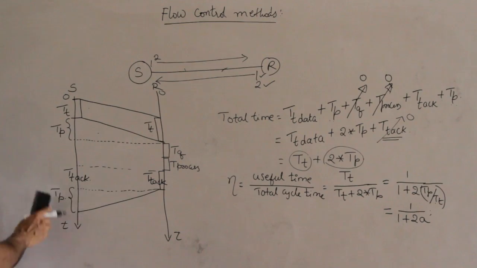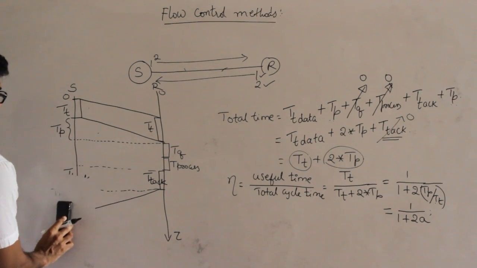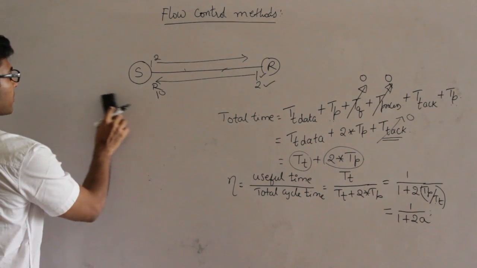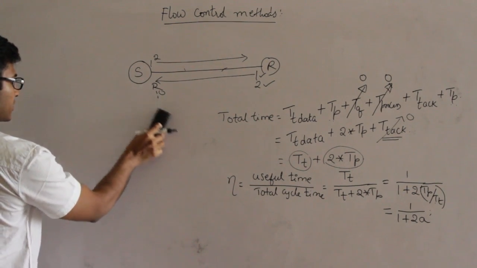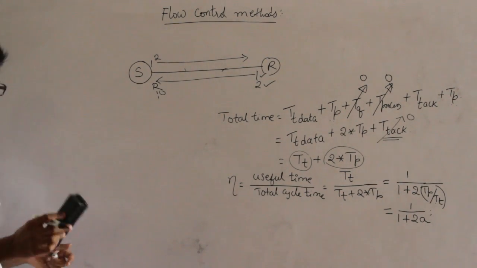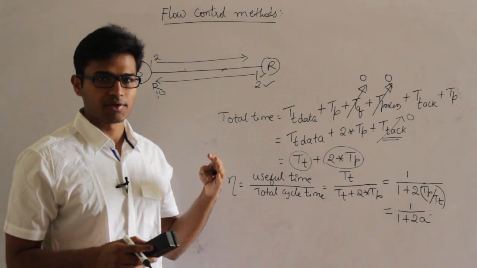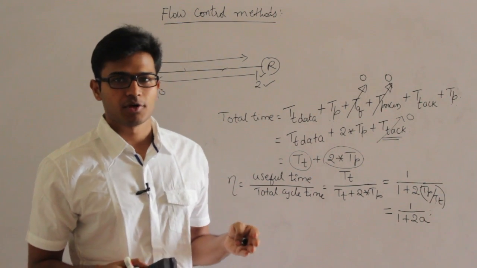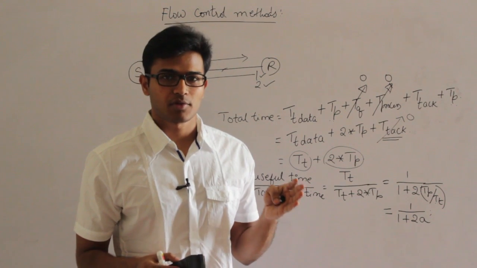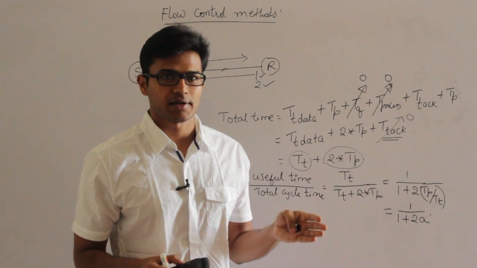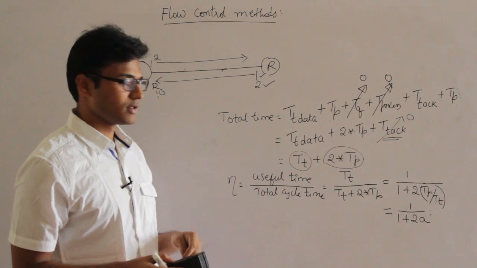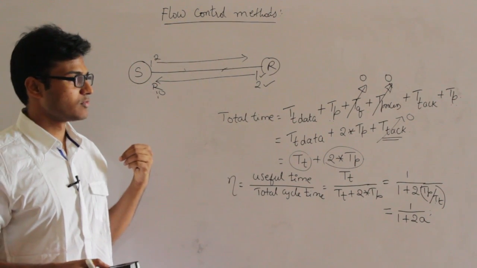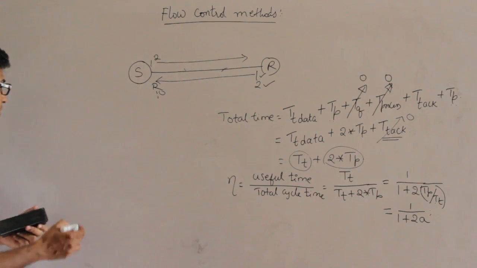Now, once we have seen the efficiency, what is the throughput that we are achieving? Throughput means, generally in case of operating system also we talk about throughput. In operating system, the throughput is number of processes that we finish per 1 second, and in computer organization, again we talk about throughput. In CO, the throughput is number of instructions that are executed per second, right? And in case of computer networks, the throughput is nothing but number of bits that we are actually able to send per second.